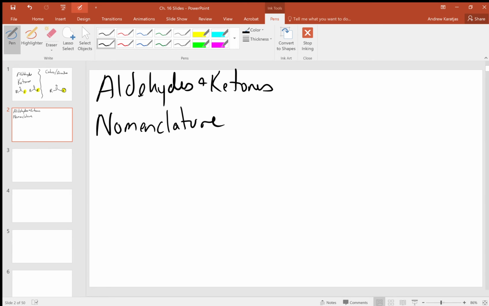And either one of these groups, if you're comfortable with the nomenclature that we've already learned on other functional groups, then neither one of these two groups should be terribly difficult. And in fact, the aldehyde is one of the easier functional groups. The reason we say that is that what can often be one of the more difficult steps in nomenclature, figuring out which direction you should number your molecule in,